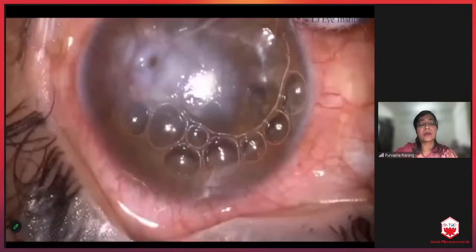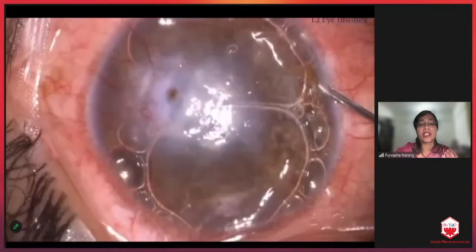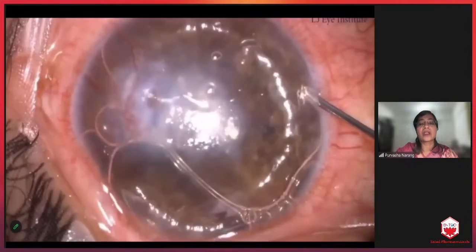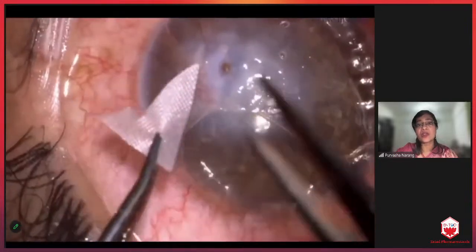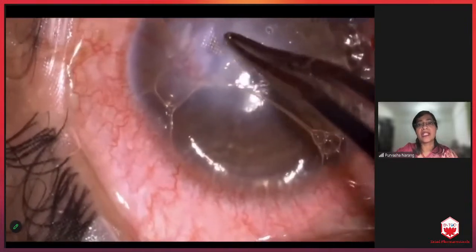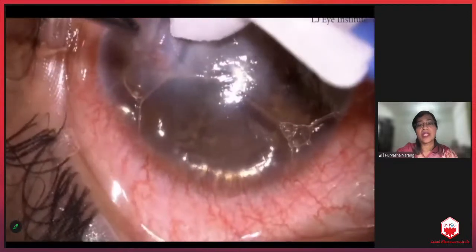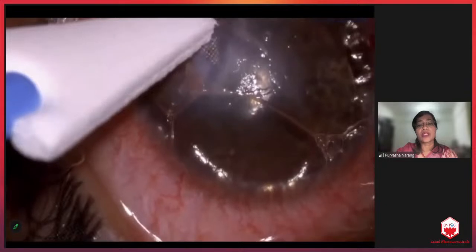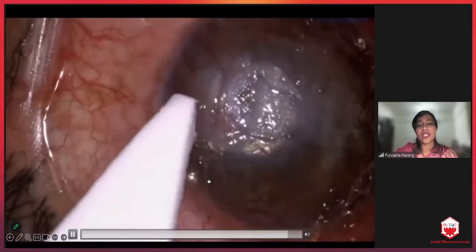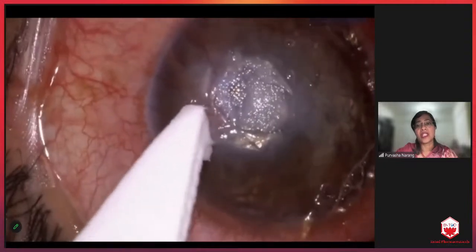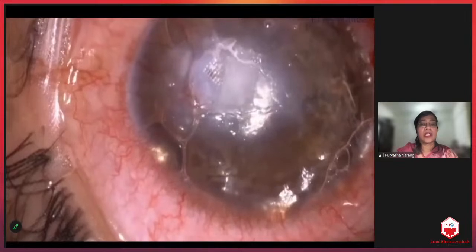And here the iris is again removed from underneath in case there is any adherent iris tissue, and then in case it is still leaking, you can place a patch of a sterile drape over there and then place the tissue adhesive over that. So again, that is providing the tectonic support also. So these are the various methods in which different types of perforations can be handled at the slit lamp or within a minor OT kind of a setup.